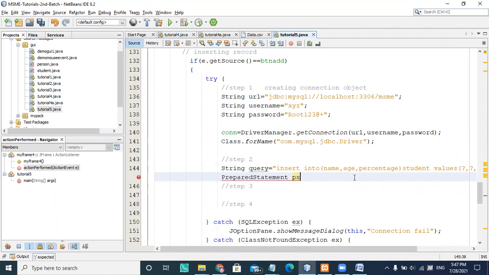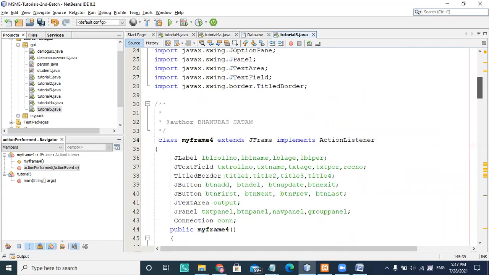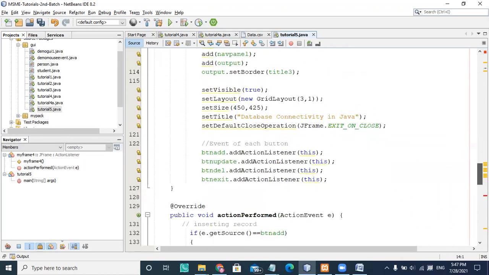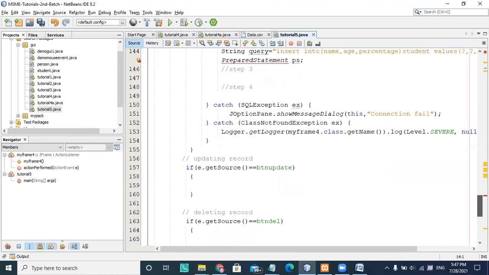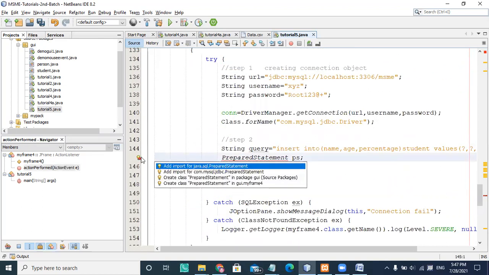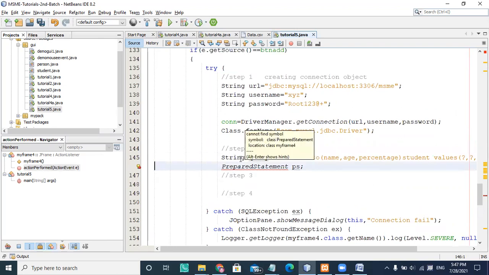If you see the prepared statement here, there is a class, and that class is nothing but the PreparedStatement class. I'm just deleting it here because I have to show you how, when you are entering this statement, at that time this information is saying that you have to import the java.sql.PreparedStatement class.